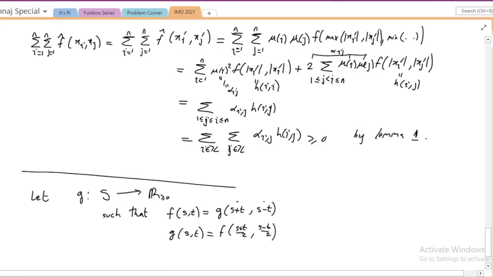So this is well defined because for this one we need s greater than or equal to t greater than or equal to 0. Since s comma t is in S, so it's in that range we described earlier, and this will imply that it goes both ways,